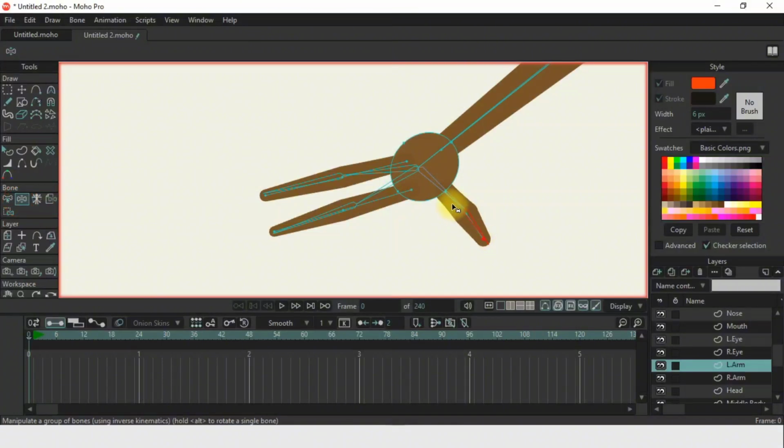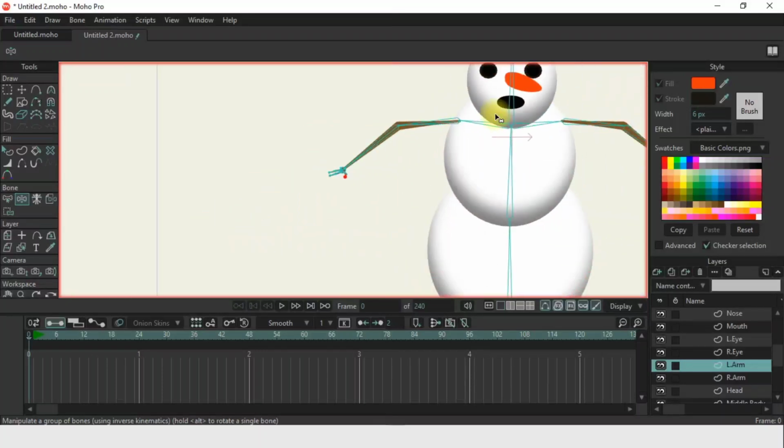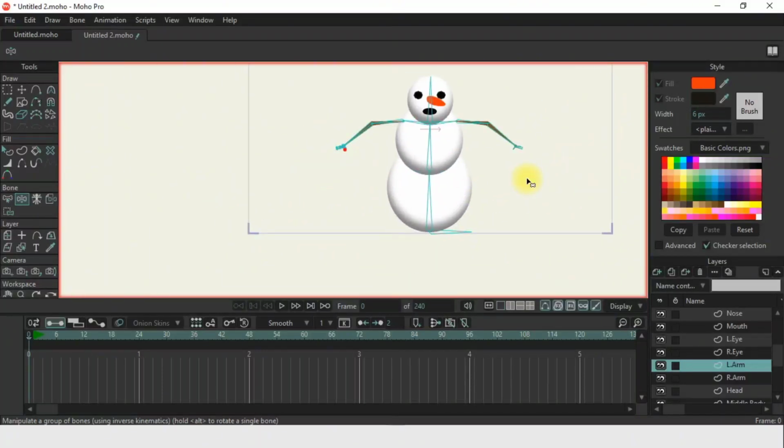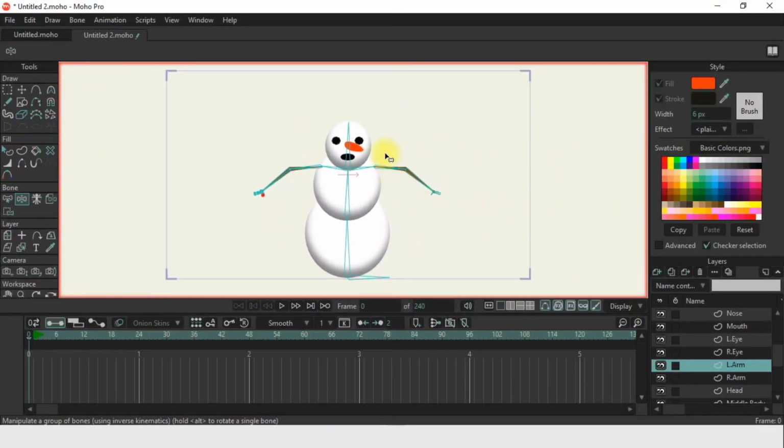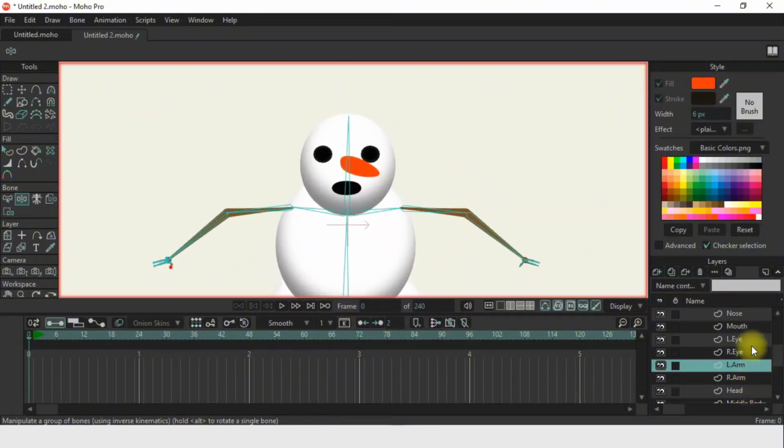Now you have rigged your snowman. Good job. Give yourselves a pat on the back. You have done a great job so far. We're almost there. Just going back to the head. What we're gonna do for the head